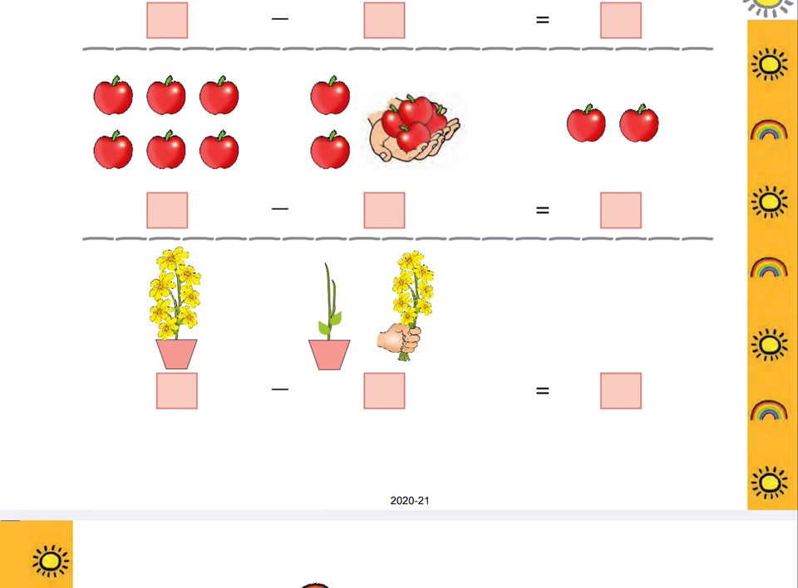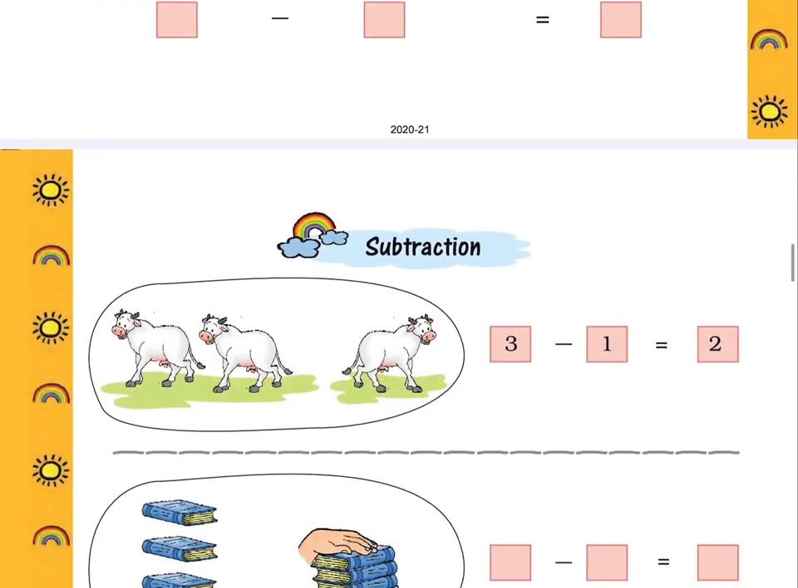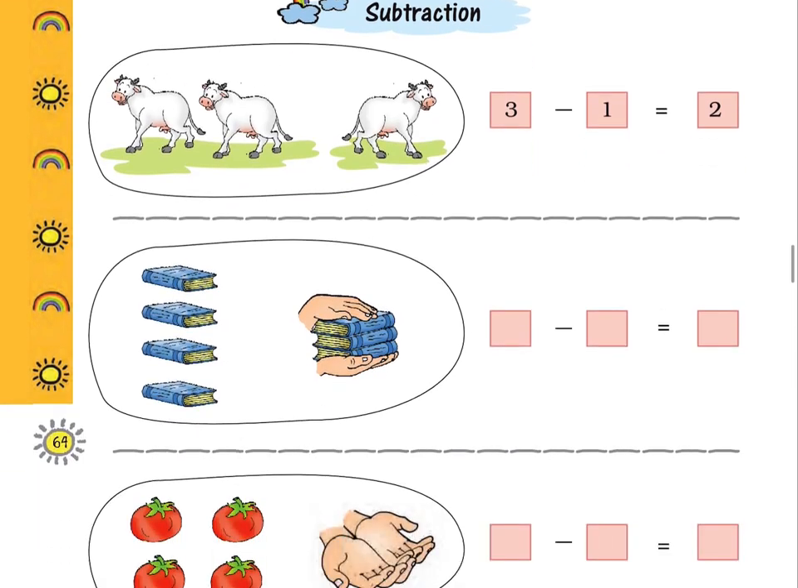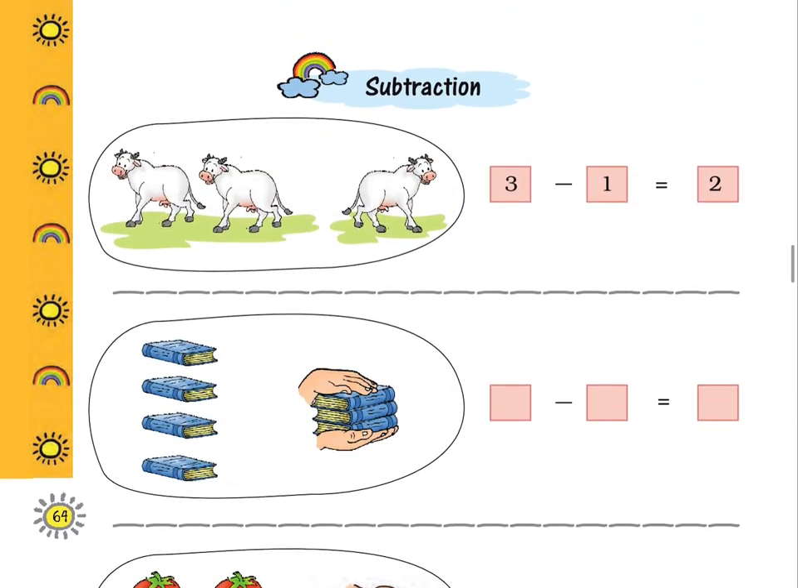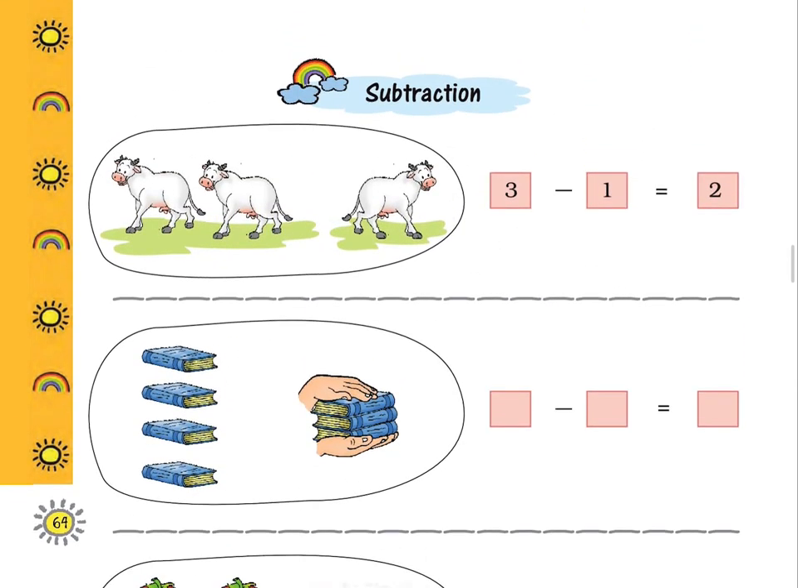Page 64. Subtraction. This page is divided into 4 parts. Each part has a picture and writing spaces in the shape of boxes on the right-hand side. In the previous page, the 2 numbers for subtraction were shown in 2 separate pictures. For the results also, a separate picture was given. In the present page 64, both the numbers are given in the same picture and there is no separate picture